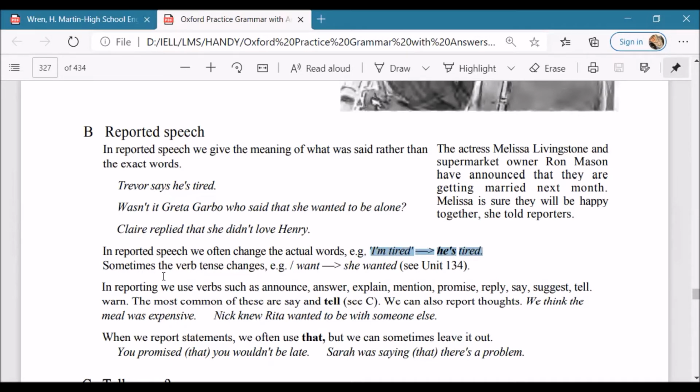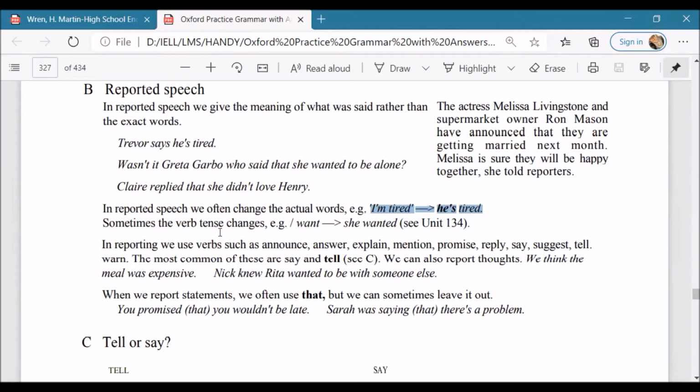There would be certain rules that we would discuss, but mainly it is dependent on the context, on who we are speaking about. So whenever you have to make the changes, you have to keep in mind, or create, a real life situation in which you would think in your mind who you are talking about. Only then you would be able to clearly make these changes.